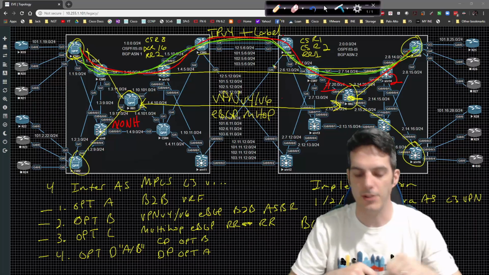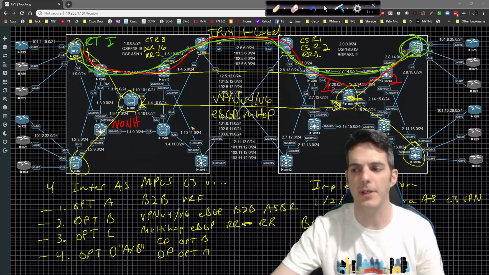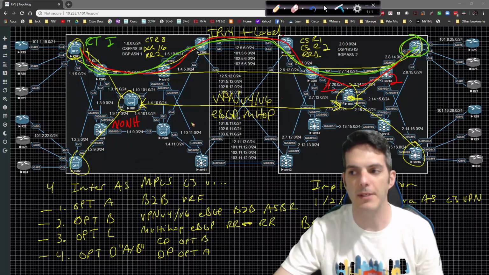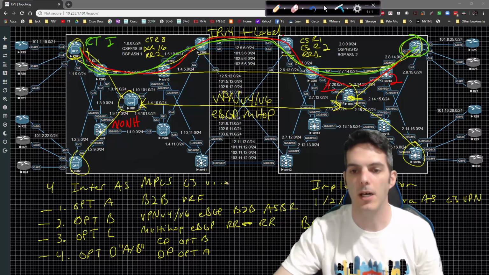But beyond that, the only other thing that I haven't mentioned about option C is you'll have to make sure to do the route target import from the remote PE router. You'll have to make sure to import those route target values. Now, technically, there is another way of doing this. We haven't gotten to this part yet because it's more complicated than option A, B, and C, and D,